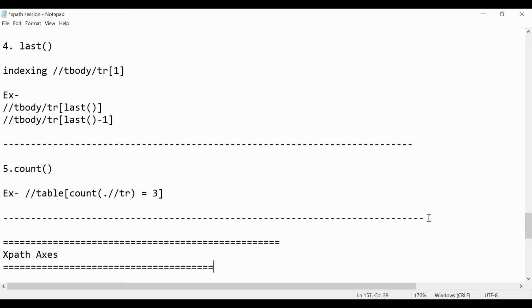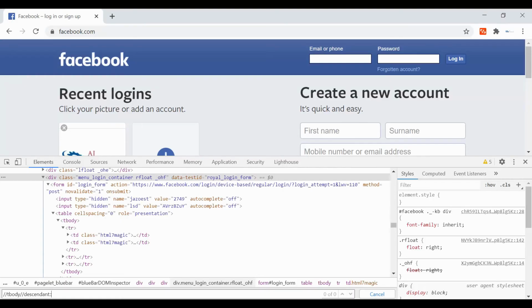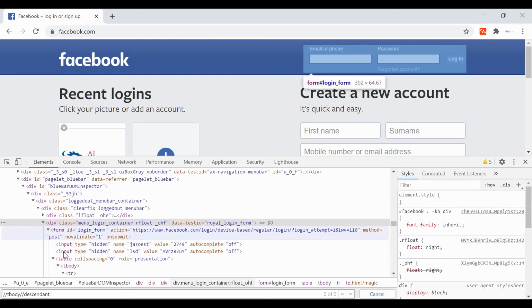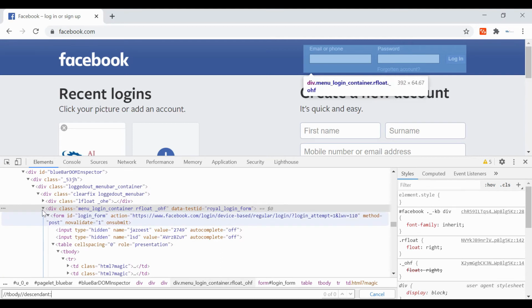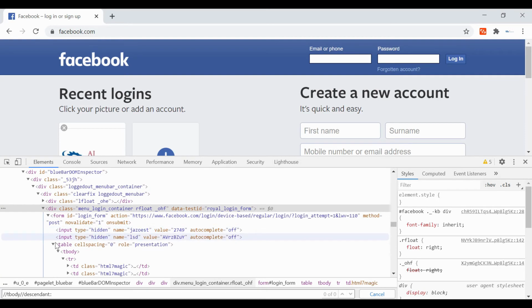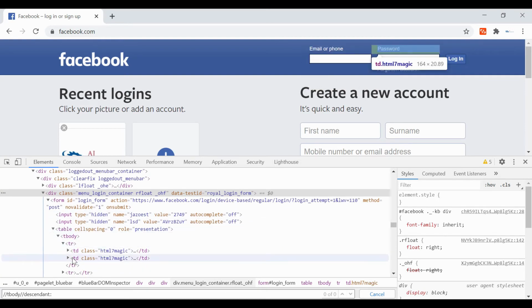Let us see what exactly it is. Let's say first the parent. What is the parent axis in XPath? If you want to go to some children, for example, this div has this form, and this form has this table, then tbody, this tr, and this td.